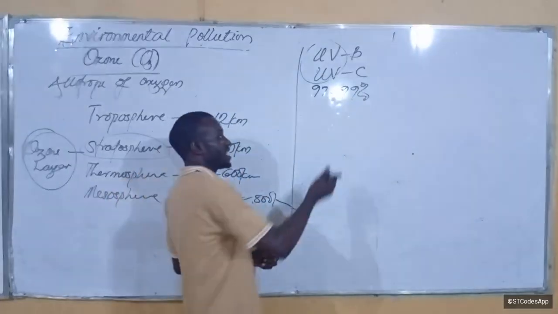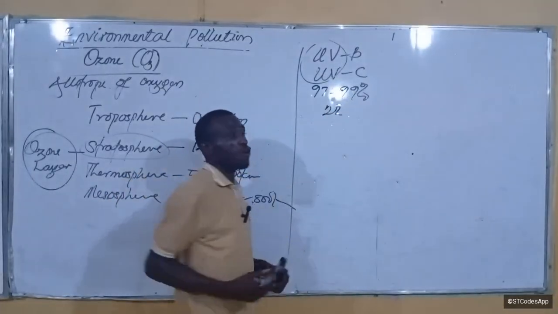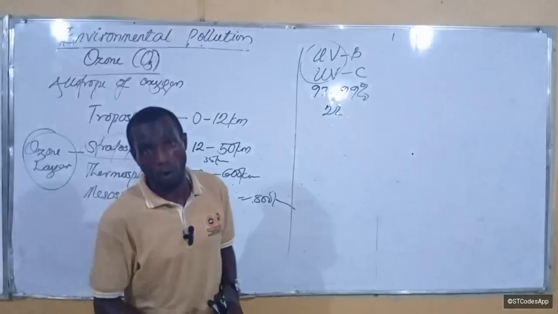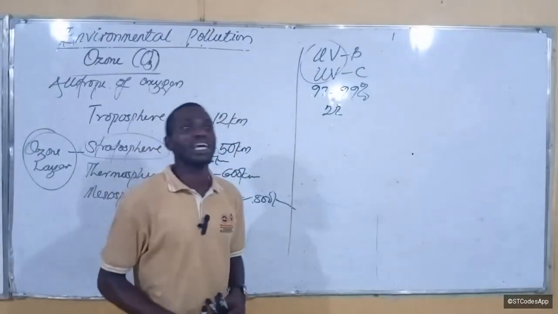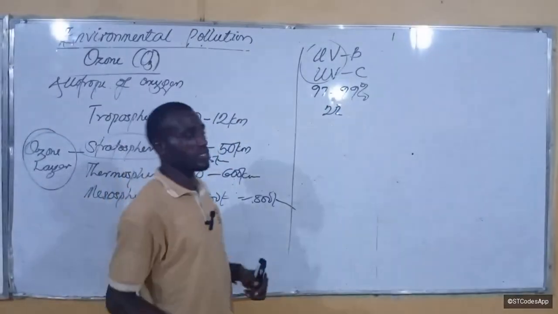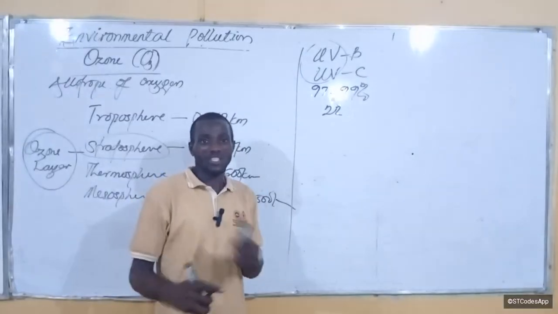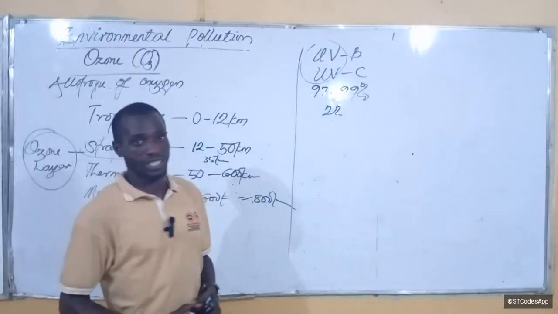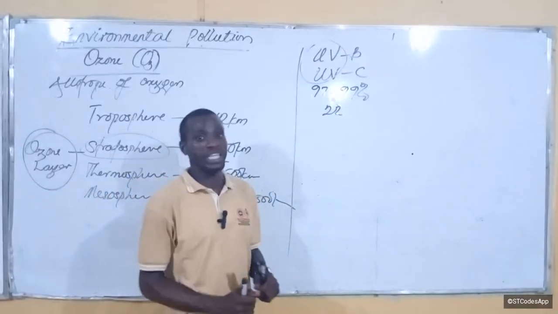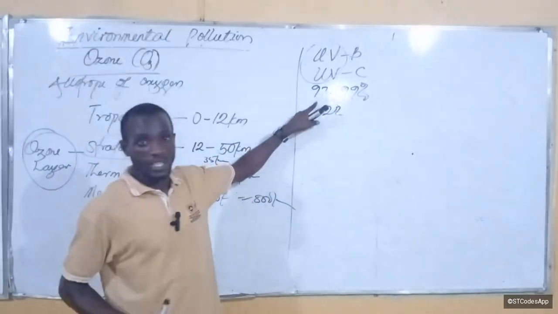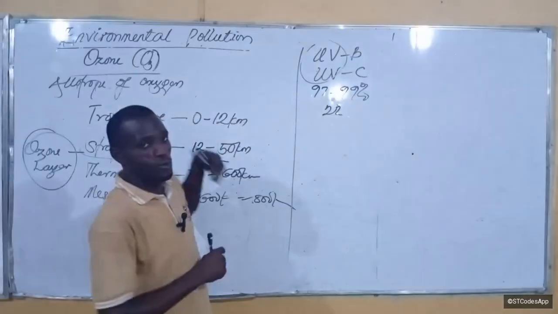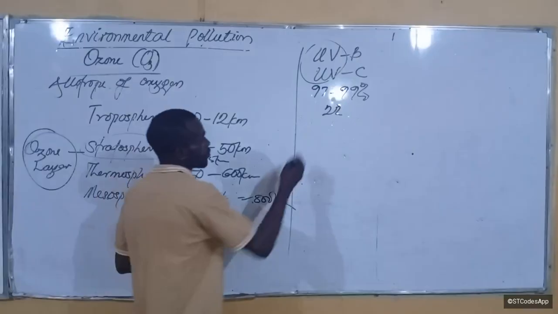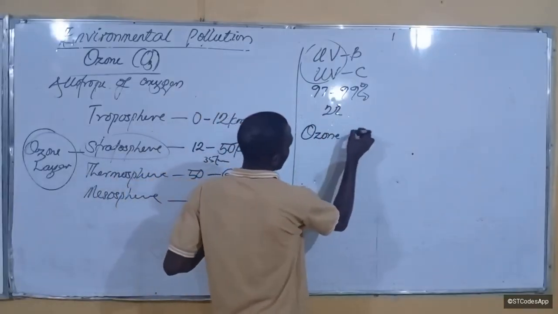So very, very much less than 2% of UV light actually gets to the earth. Even the hottest regions of the earth don't have more than about 2% of the harsh radiation of the sun. It tells you how strong that radiation is. Even when you say the sun is scorching, imagine if the ozone layer were not there. That's why we are talking about pollution, because the ozone layer needs to be there. Now we have to talk about what is called ozone layer depletion, or ozone depletion.